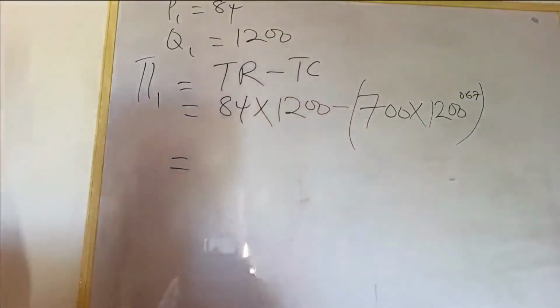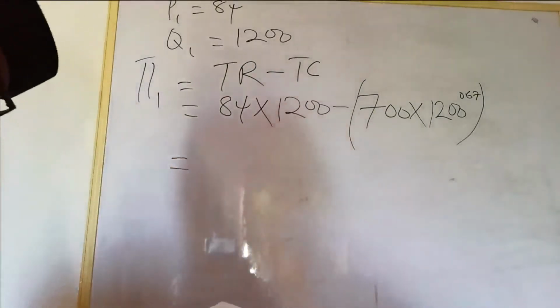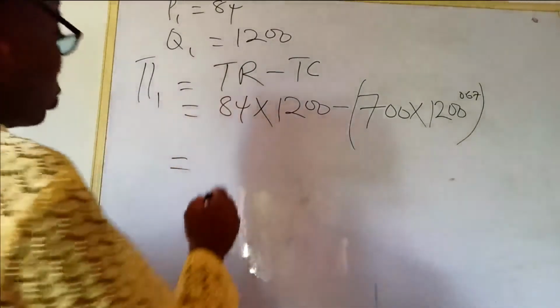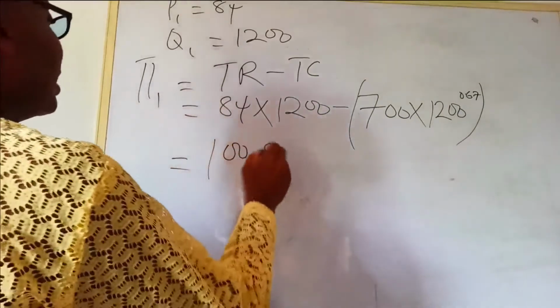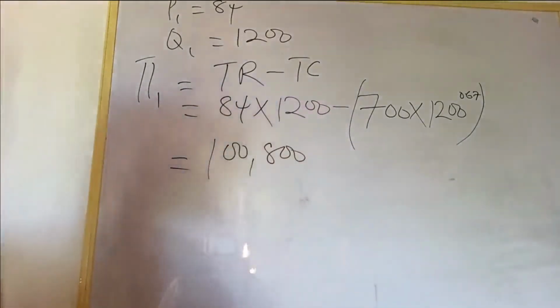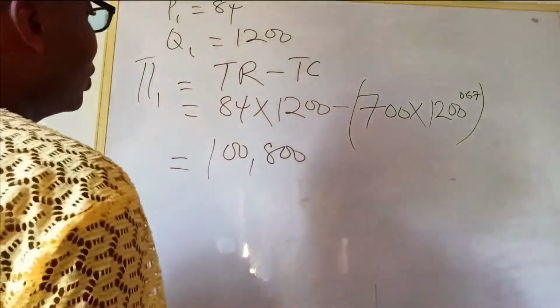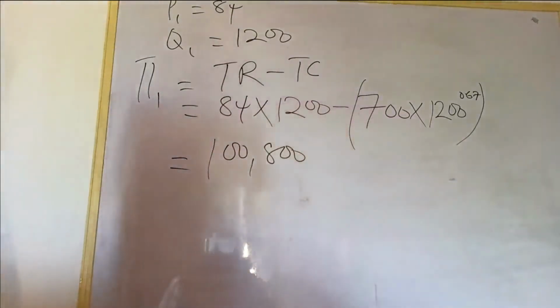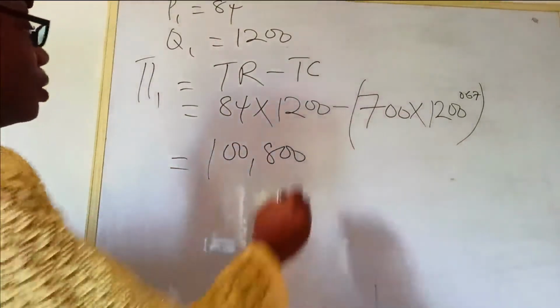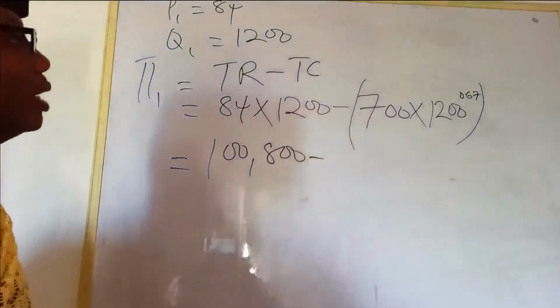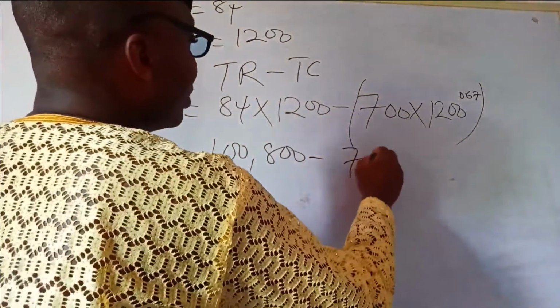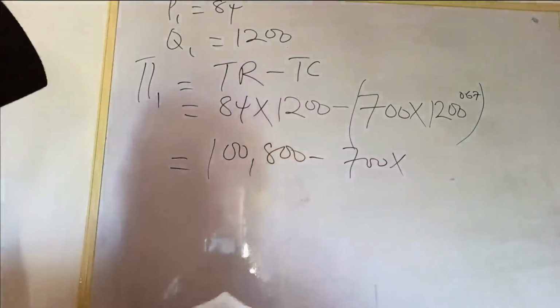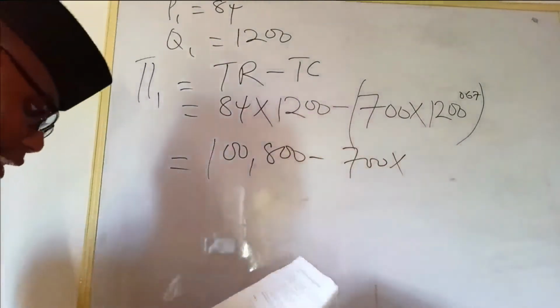Now 84 multiplied by 1,200, you have 100,800. And then when you try and open the bracket, you have 700 minus 700 times 1,200 raised to power 0.67 will give you